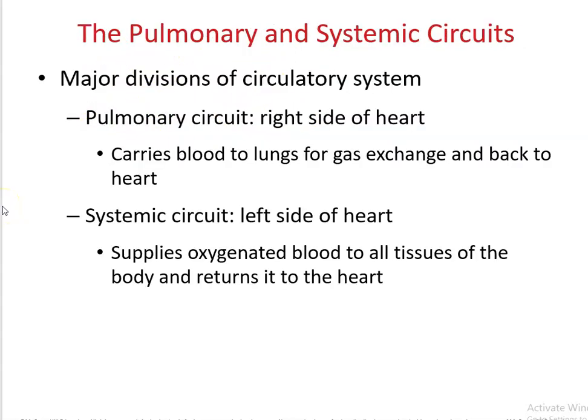There are two circulatory systems in the body. One is called the pulmonary circuit. The other one is called the systemic circuit. The pulmonary circuit is located on the right side of the heart. It carries blood to the lungs for gas exchange and brings the oxygen back to the heart. The systemic circuit is located on the left side of the heart. It supplies oxygenated blood to all tissues of the body, bringing the carbon dioxide-containing blood back to the